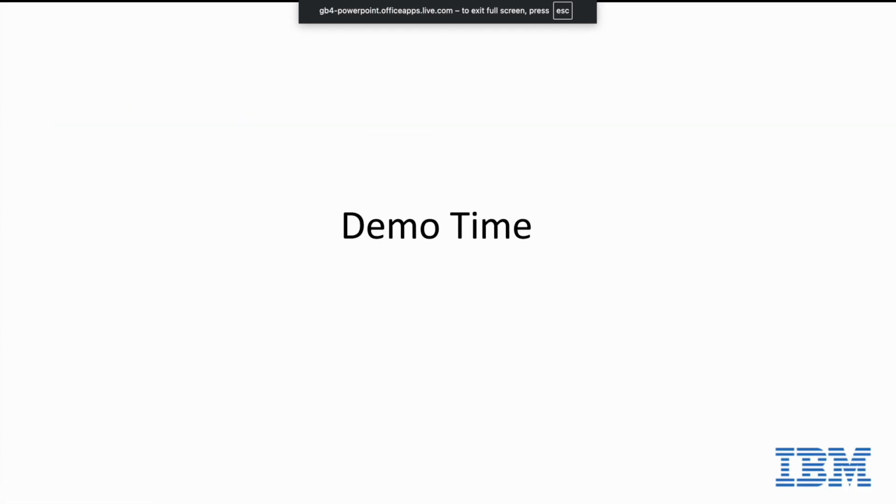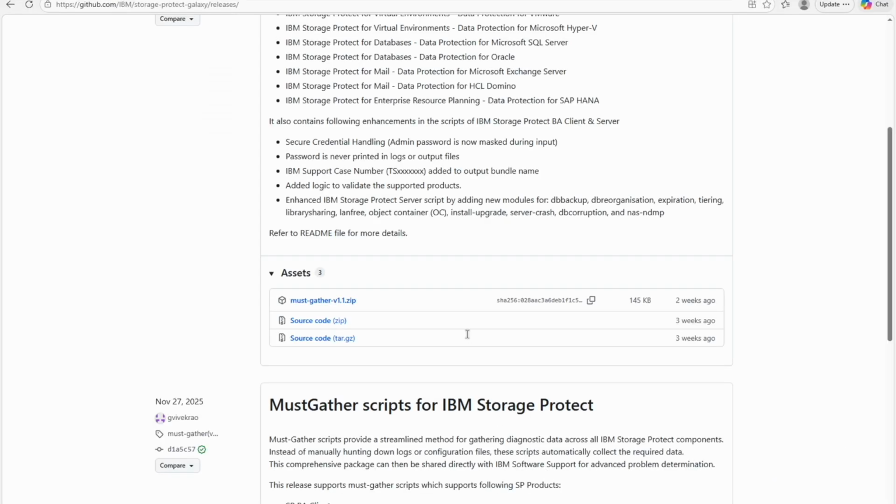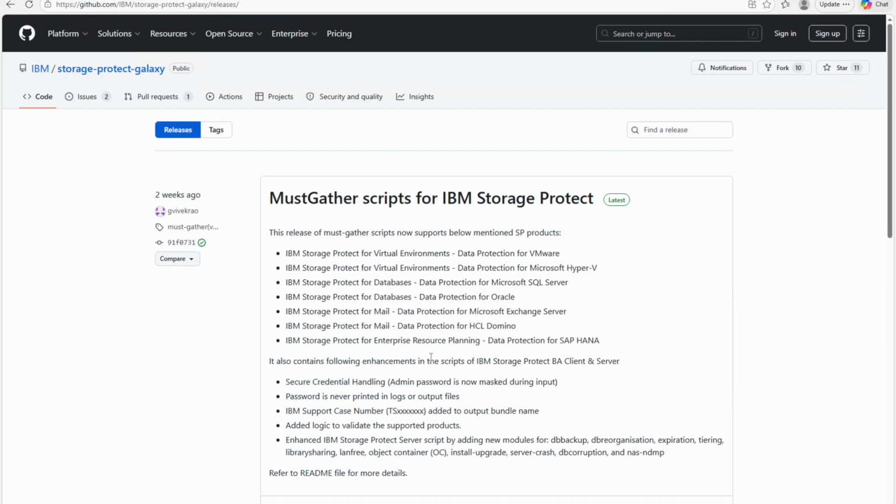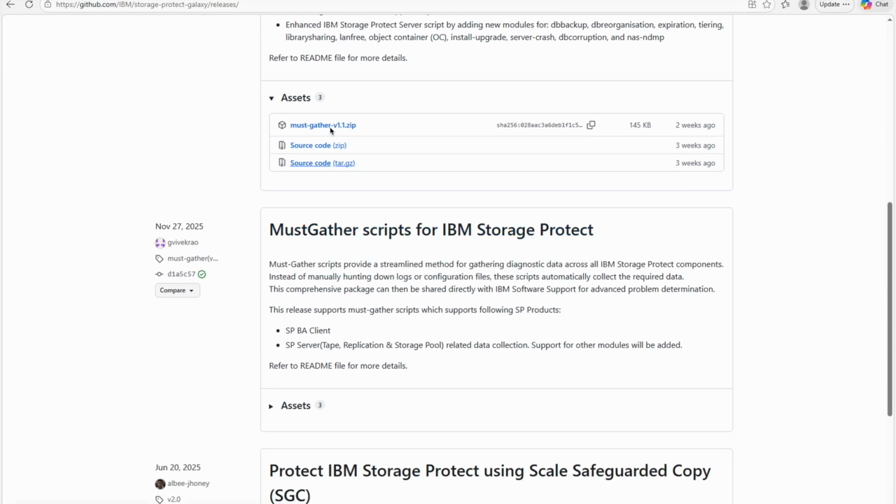Now I will move to the demo. First I will demonstrate the execution of MustGather scripts for Data Protection for Hyper-V. This system is running an older Storage Protect version, so the MustGather scripts are not bundled here. Therefore I have downloaded the scripts and already extracted the package. So, going to the MustGather folder,